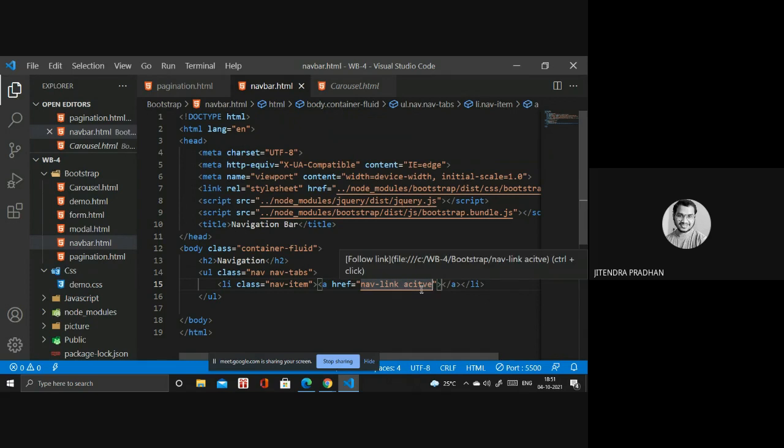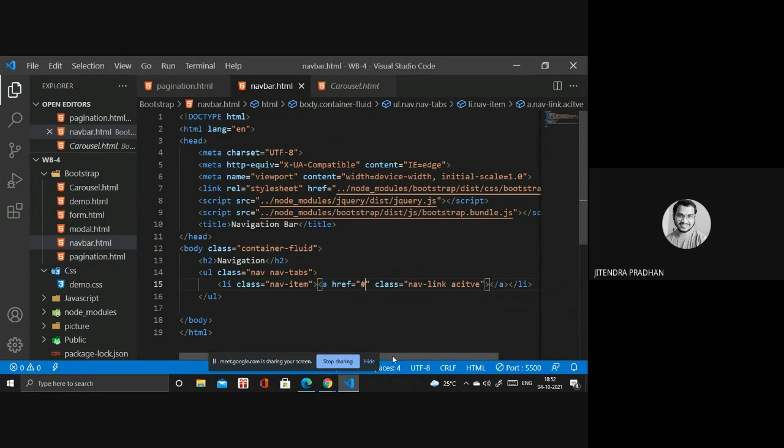Next, inside the class you have to write it. If you want to give the href, it's like home page, about.html, index.html, whatever you need to write inside the href.